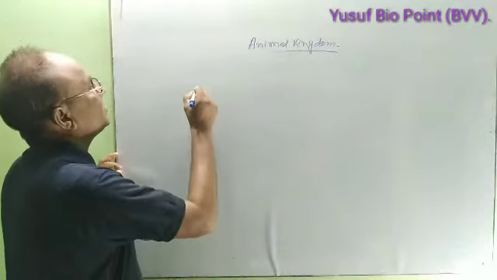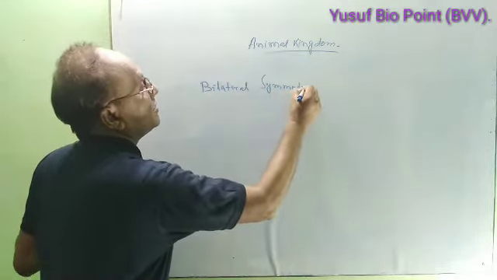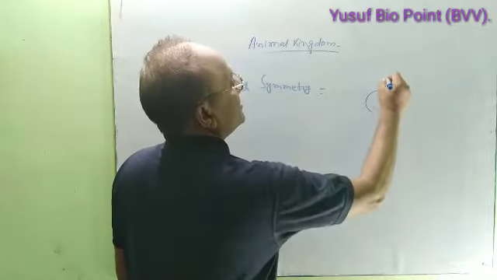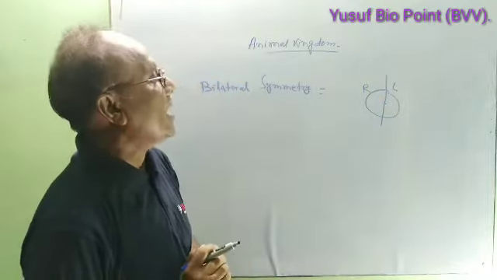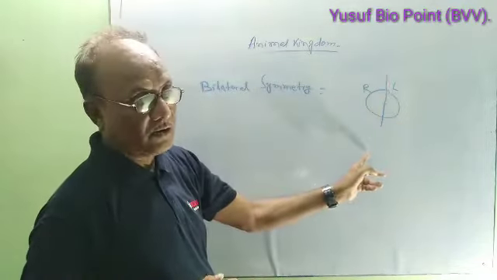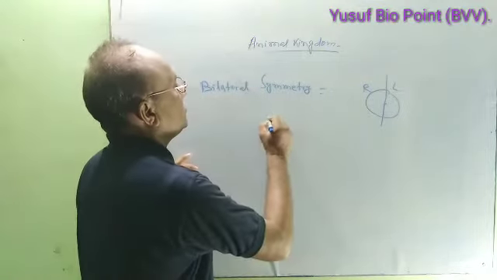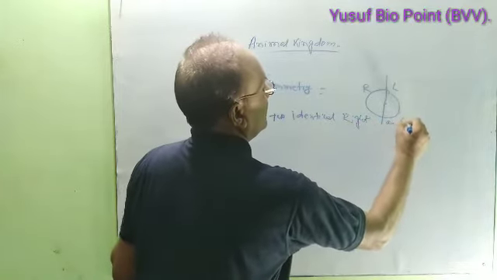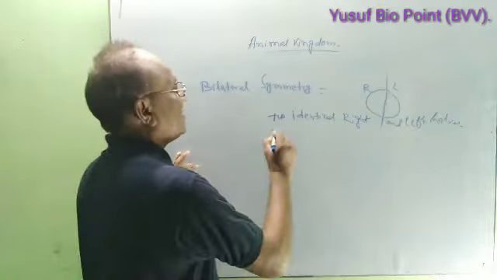Next one, bilateral symmetry. If the plane passes through the center of the body and the animal is cut into two halves, one right and the other left, and both are the same, that is called bilateral. यदि हम इसको इस हिसाब से काटें कि वो प्लेन सेंटर से जाता हो और वो राइट और लेफ्ट दो आइडेंटिकल हाफ्स में कट जाते हों, तो दैट इज known as bilateral symmetry, and it is found in the group Annelida,